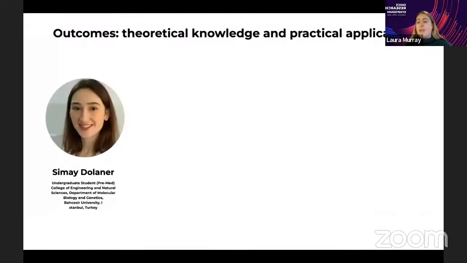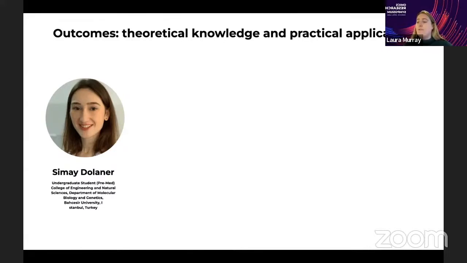So students should then be able to reach the highest level of Bloom's taxonomy, create. This is achieved through the creation of their own analysis project. For example, Semih Dolaniye, an undergraduate researcher at Bahçeşehir University in Istanbul, Turkey, who finished her OmicsLogic training, was able